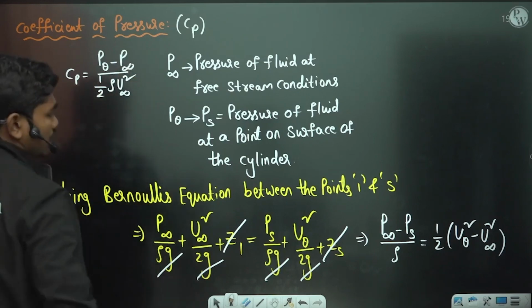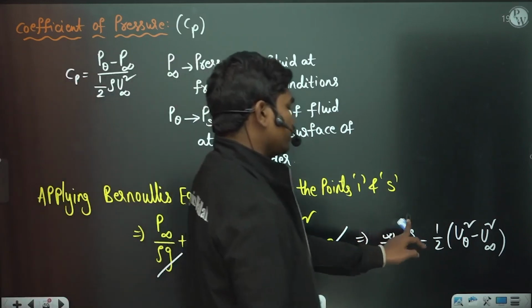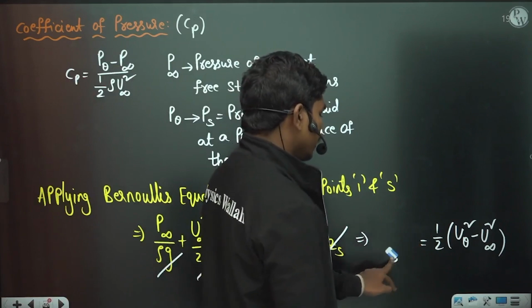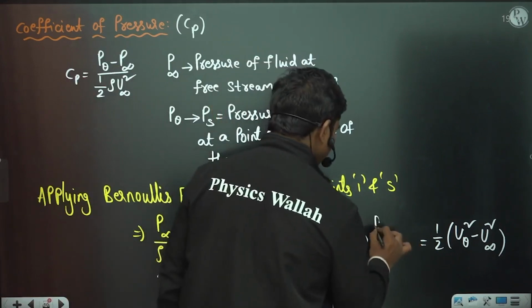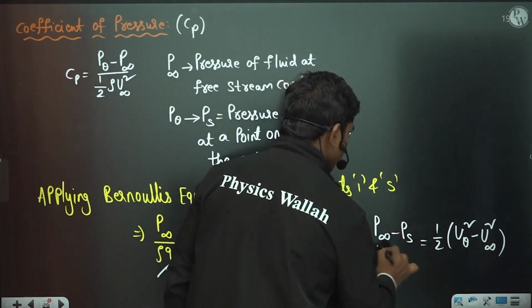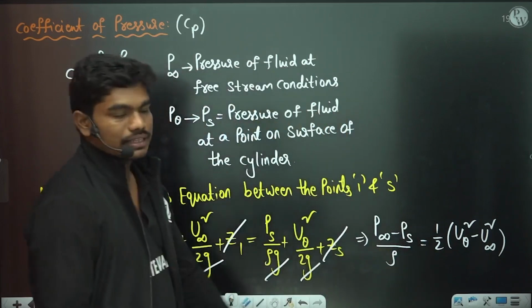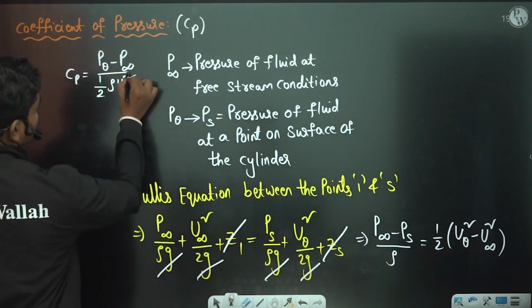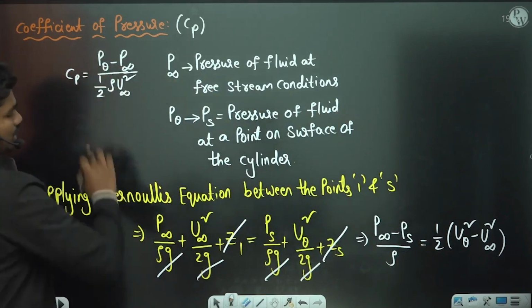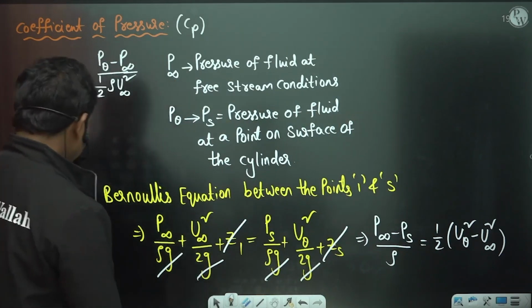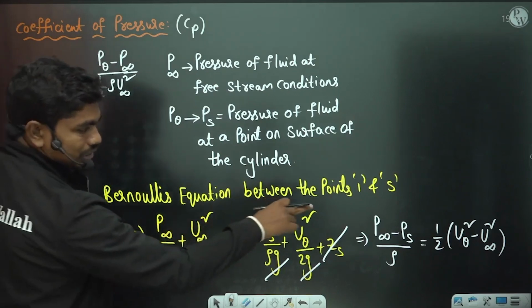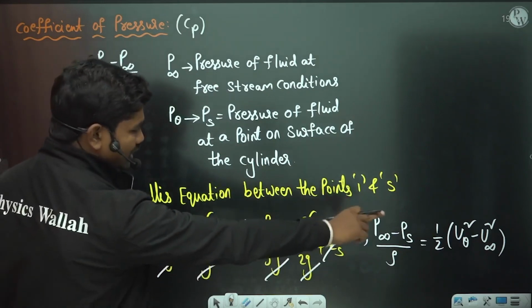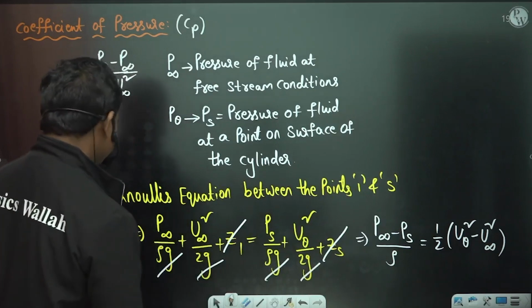Okay, so let us write this equation. Ps minus P infinity in this case is equal to, or let us keep this, P infinity minus Ps by rho is what you have here. Now this coefficient, please change this. This is P theta minus P infinity. It's not P infinity minus P theta, just change this to P theta minus P infinity. Now P infinity minus Ps by rho is given by this equation, half times u theta square minus u infinity square. Therefore